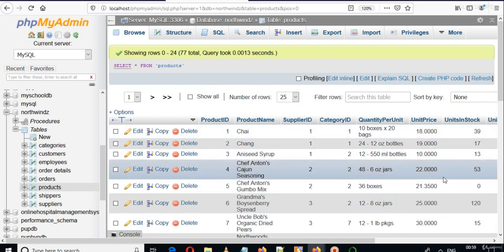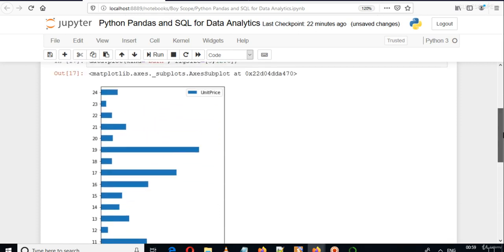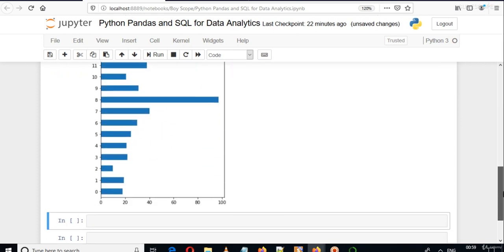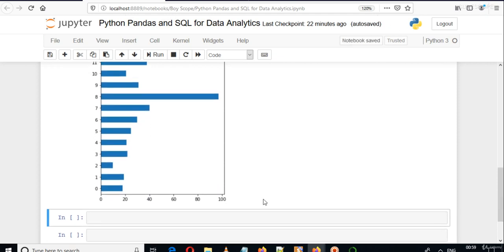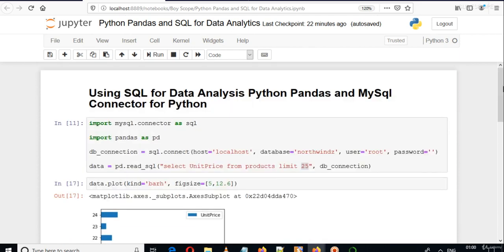They have some unit price here, and that unit price is expressed graphically here. So the unit price of the first product is 18. You can see it is somewhere just below 20, and some products are there with a unit price of approximately 100. So this is a very brief overview of what we are going to learn in this particular